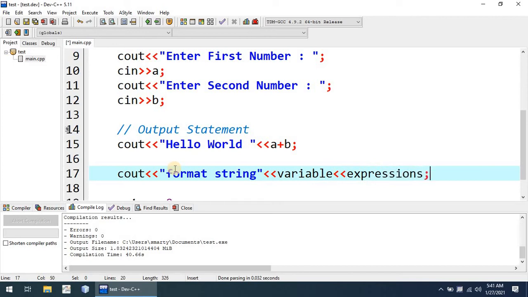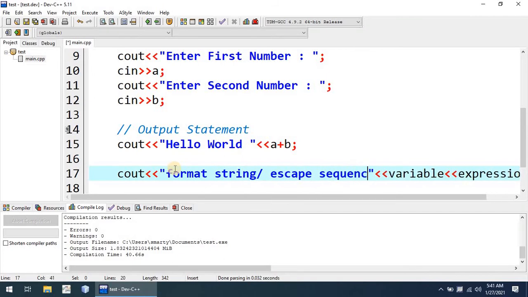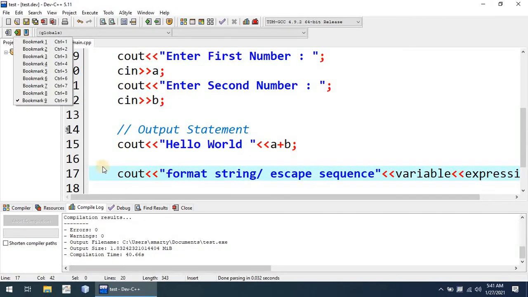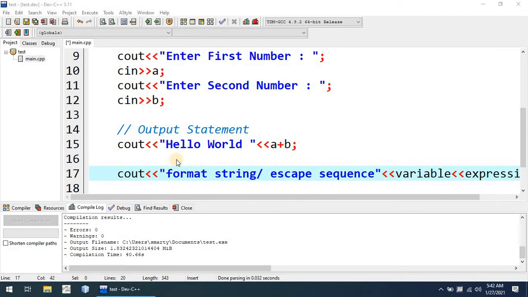Expressions means any arithmetic, ending with the statement terminator semicolon. Expressions may include arithmetic expressions: plus, minus, multiplication, division, etc. And a format string may include any constants, text or escape sequence. Format string, escape sequence, here may be variable or expressions.